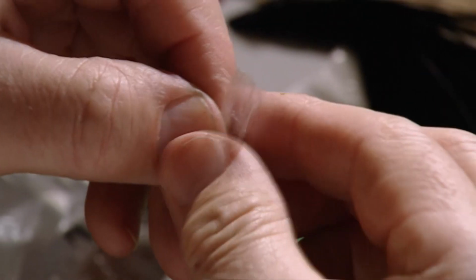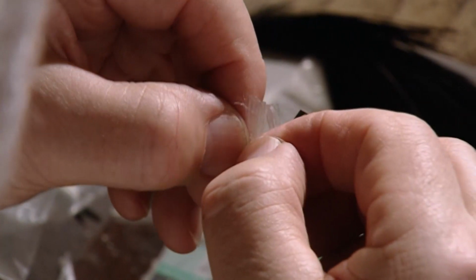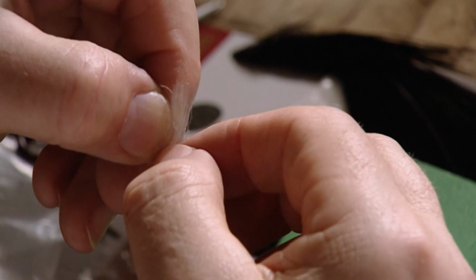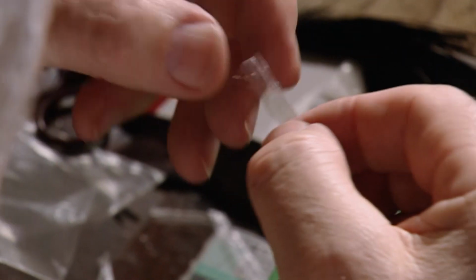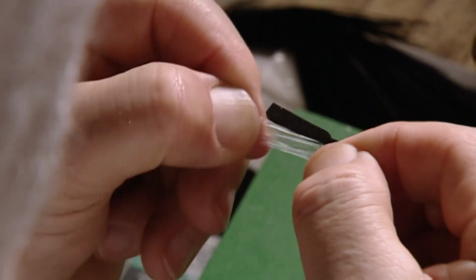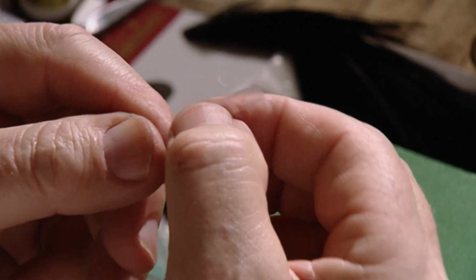It's got this milkiness to it. And you can see that pulling sideways, it tears very readily. You can see all the polypropylene fibres on it. But when you hold it this way and pull, it's extremely strong. I doubt if I could break that. So there's a single piece now,